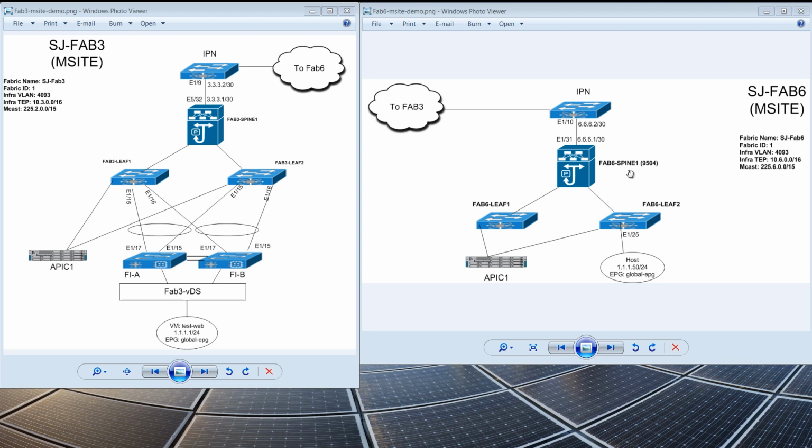On the spine on the right side for Fabric 6, again, simple EX spine, 2 leaves, single APIC. And on this side, I have a bare metal host plugged in, which I'm going to use as my other endpoint. He's also going to be in that same target. So at the end of the day here, what we're hoping to accomplish is what's called a stretched EPG design. And this is our most basic use case for